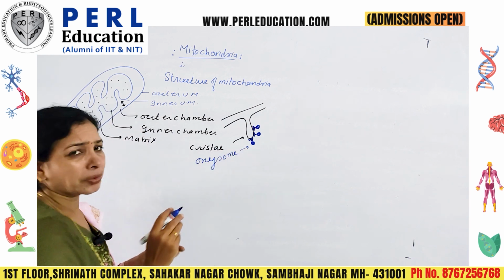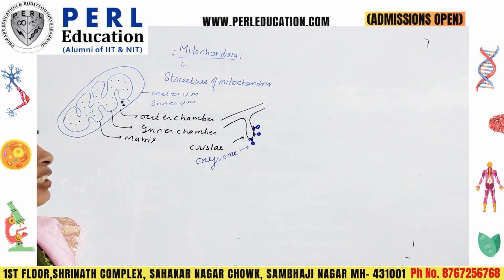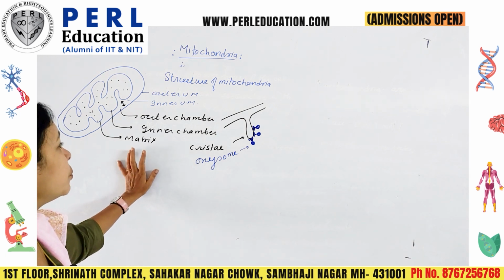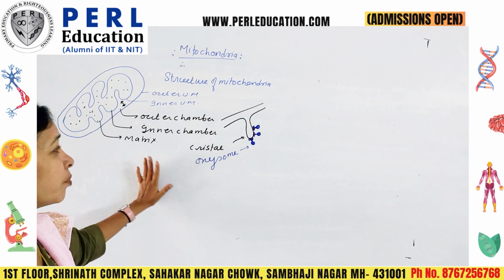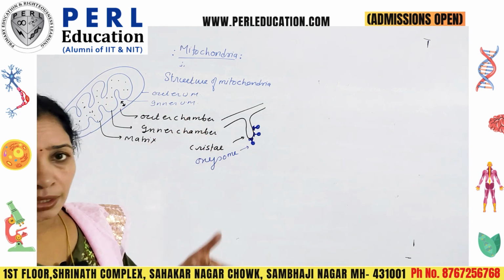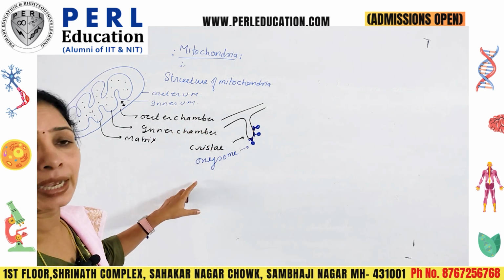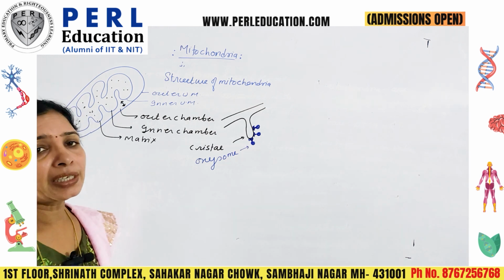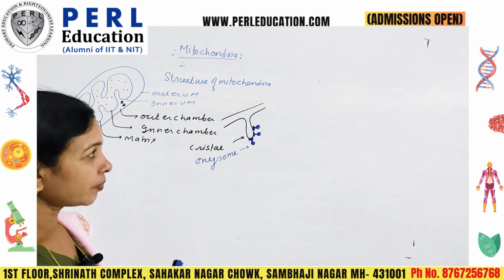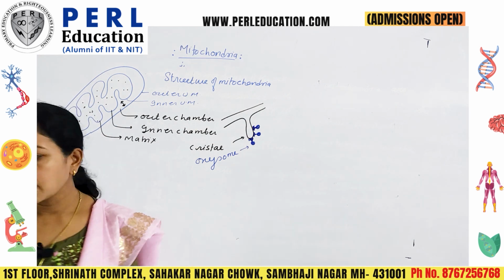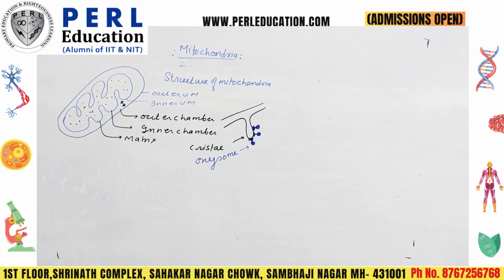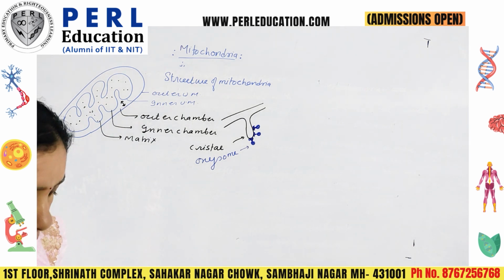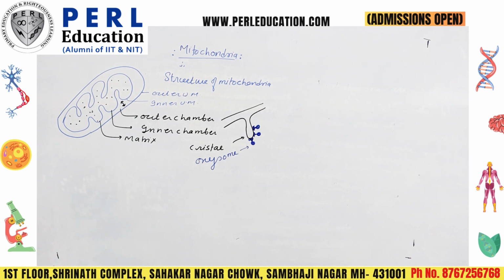These small stalked particles on the inner membrane are labeled as oxysomes. So technically, mitochondria have two unit membranes, two chambers along with matrix, and two structural components, cristae and oxysome. So these are the components of mitochondria. Now we learn the characteristics one by one. First of all,